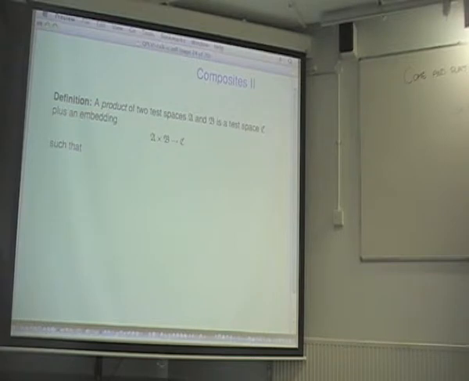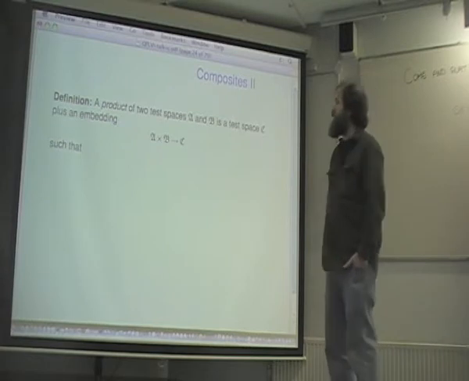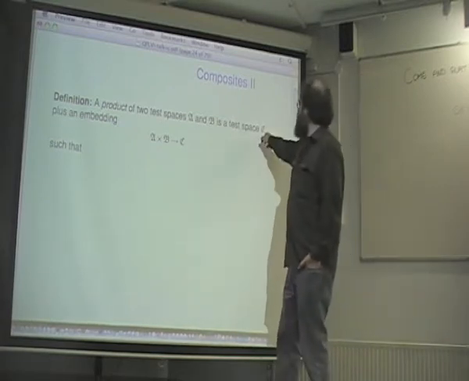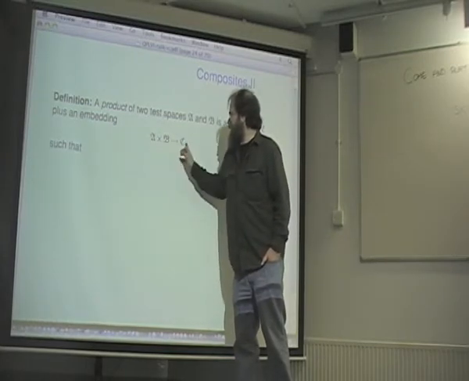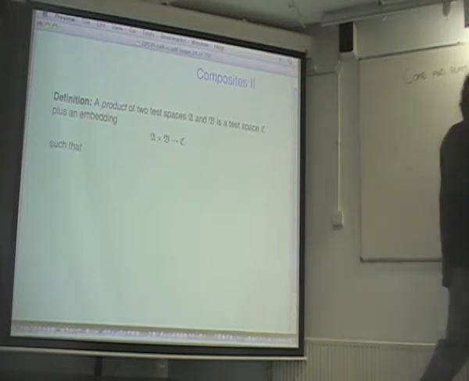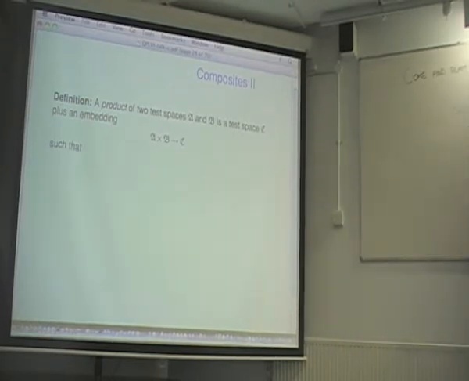So here's what I might mean by a product in a more expansive sense of two test spaces. It would be some test space Fraktur C together with some embedding of this space of product tests in Fraktur C. So Fraktur C would in some sense contain the product tests. And I probably want to require some other conditions, such as first, that maybe states on the composite system are determined by their restrictions to product tests. That's actually kind of a powerful assumption. It would, for example, rule out real and quaternionic Hilbert space right off the bat. But maybe it's a plausible assumption.